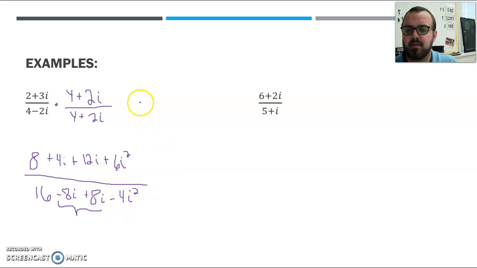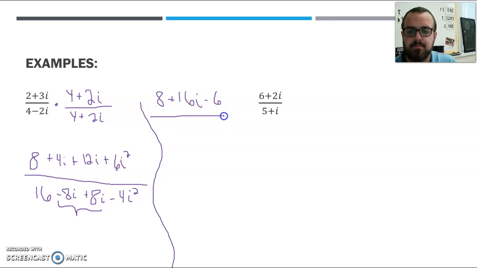So let's go ahead and simplify that. Let's put some work over here. I'm going to combine these together. So I'm going to have 8 plus 16i minus 6, because again, i squared is negative 1. In my denominator, this is going to disappear. So I'm going to have 16, negative 1 times negative 4, so it's going to be plus 4. And then when I combine these together, I'm going to have 2 plus 16i